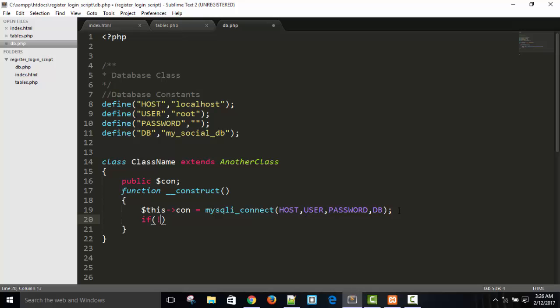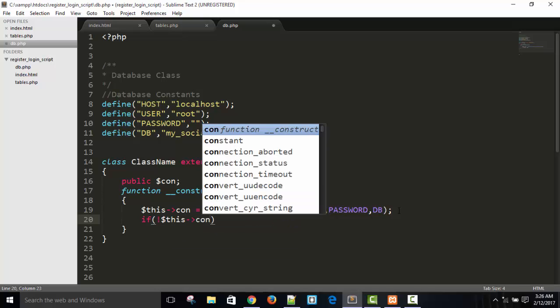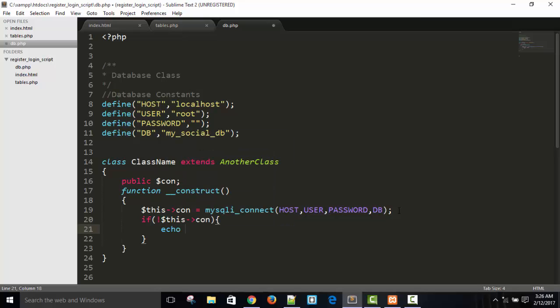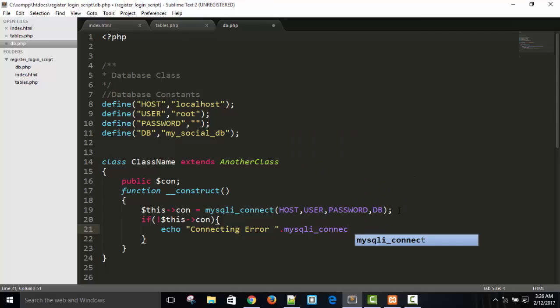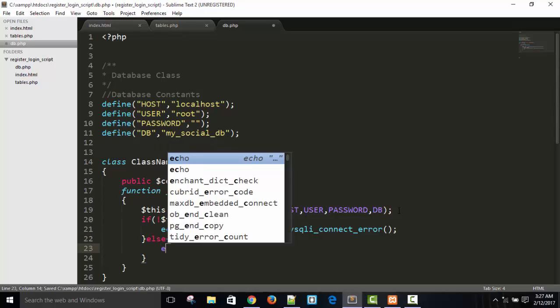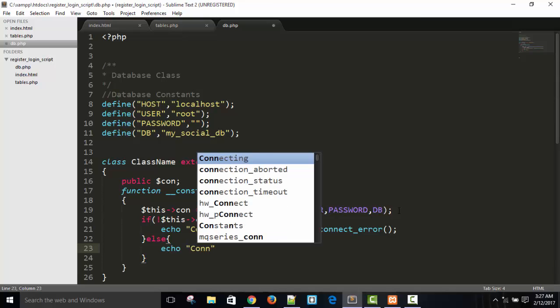If not $this->connection, if it is not connected, echo connecting error and mysqli_connect_error, connection error. Else echo connected,